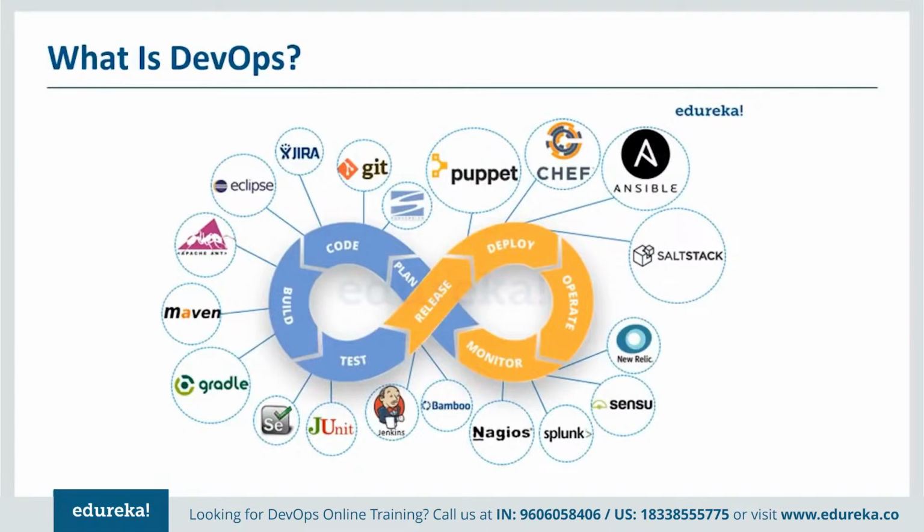I guess you have learned about what is Azure, some basic stuff, and what is DevOps. Now we are going to look into, if I have to do all this DevOps activity in Azure, what is it that is available to us? And now let's learn about what is Azure DevOps. So Azure DevOps provides us all these sets of tools integrated into one single environment. This means that if you know how to work with Eclipse, TFS, Git, Selenium, all these different tools, then you can use Azure DevOps.